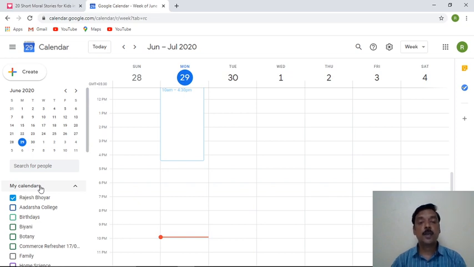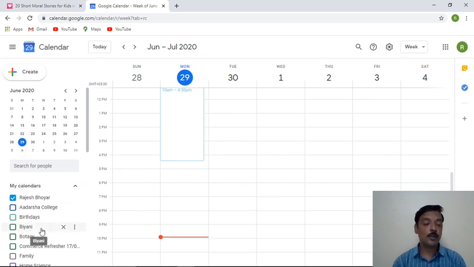Again, I'd like to say, suppose you have created a Google Classroom by using the same Gmail in which you are using the Google Calendar. At that time, it is going to create a new calendar by the name of the class. And automatically it is keeping track of all the tests, all the assignments, all the activities which you are carrying out under that class. So this way you can maintain the record of a particular class by using Google Classroom. And for that you don't need to create anything. Automatically all these things are available or visible to you.